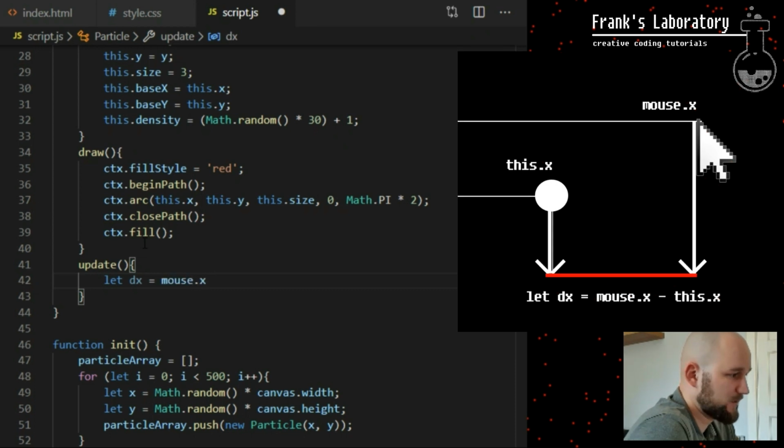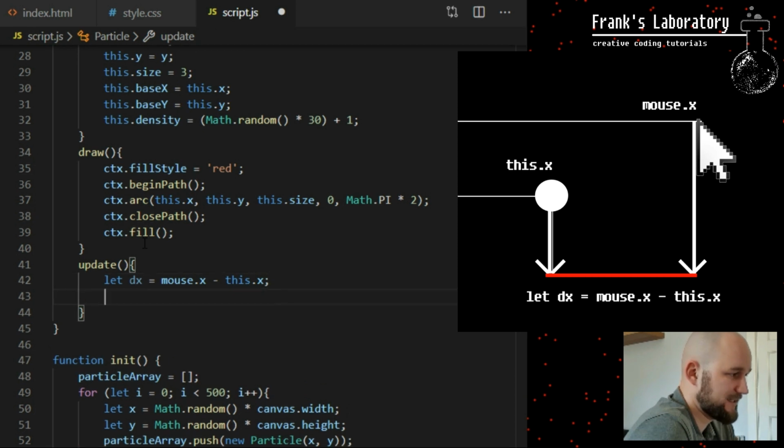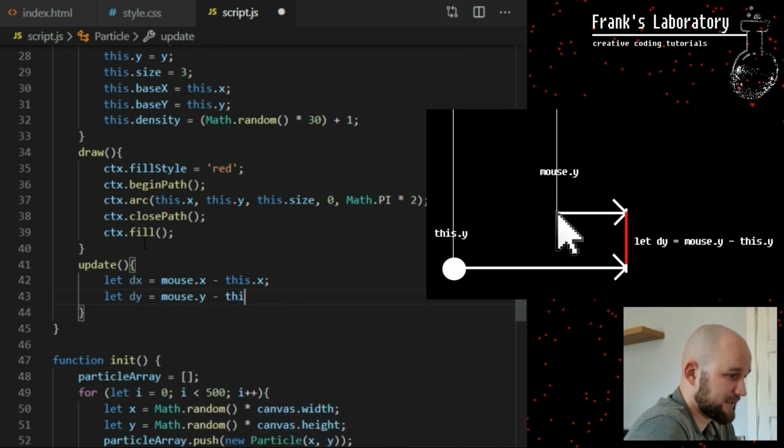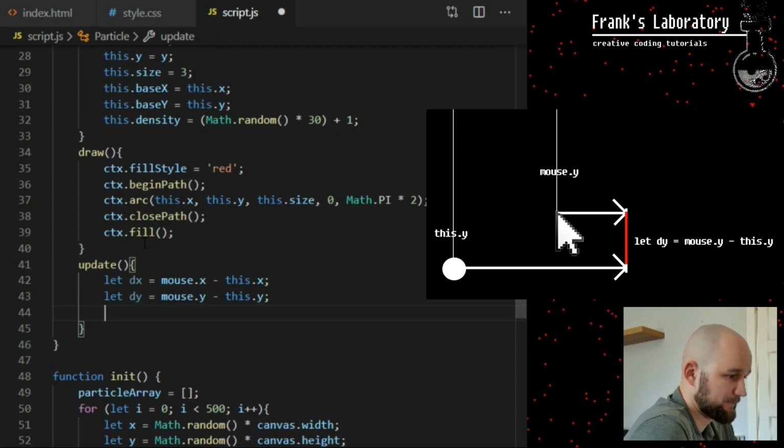Let's calculate the distance between 2 points on the horizontal x-axis first. I will call this variable dx. It is simply the difference between their positions on the x-axis. Let's say if mouse position x was 50 and particle position x was 30, dx will be 50 minus 30, which is 20. Simple, it's just the difference. Same for dy, which is the difference between the positions of the two elements we are comparing vertically. We are comparing the mouse against all particles one by one, so dy is mouse.y minus this.y. This.y stands for each individual particle, as we cycle through all of them one by one.